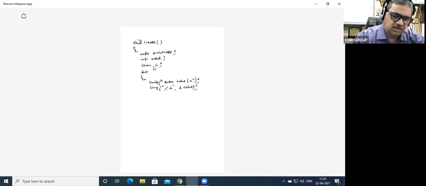Now create the node. New node is equal to node star malloc size of node. After creation of the node, now what are you going to do?